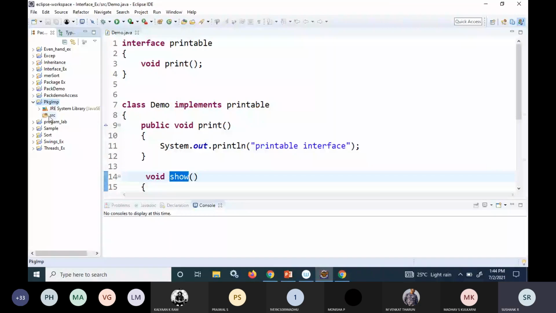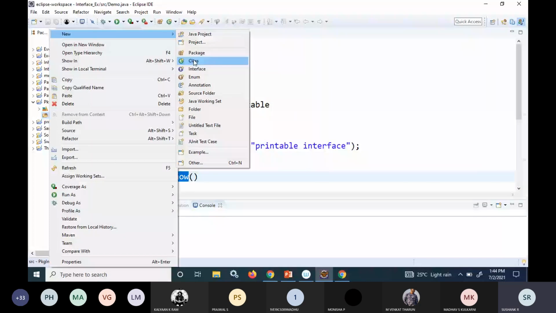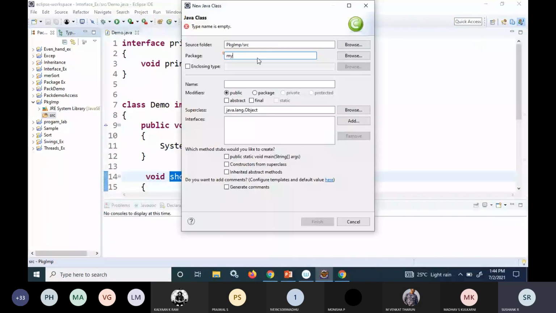It is taking some time. I'll give some package name as my pack, or P1, whatever name I want, I can give. For the class name, I will just give it as package class.